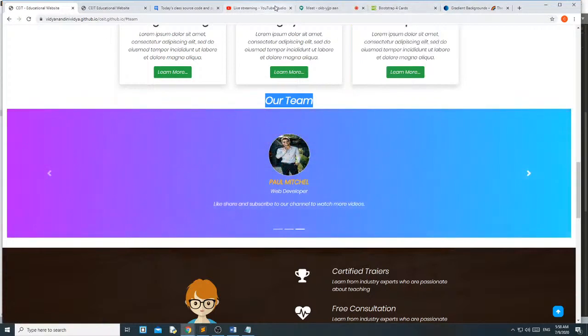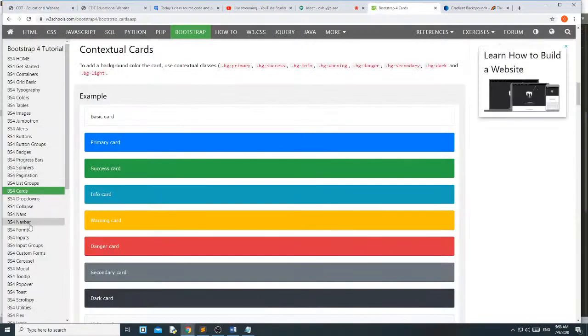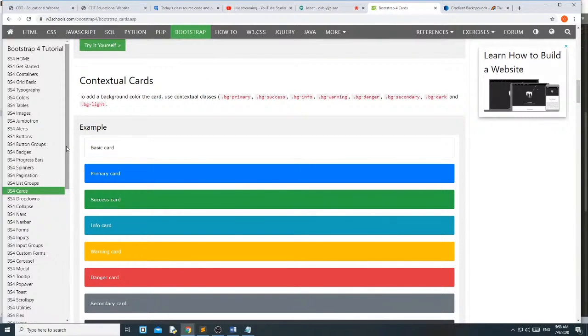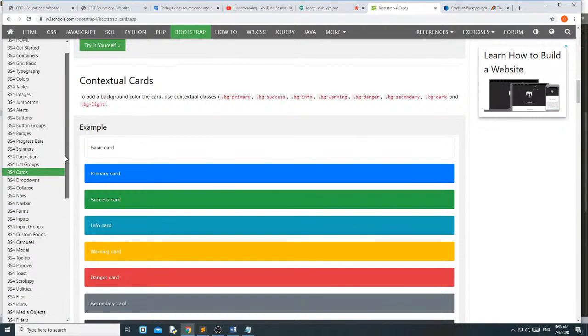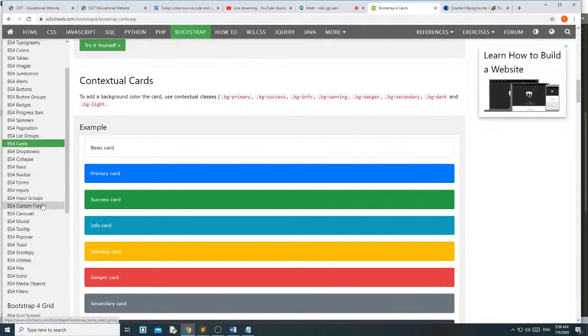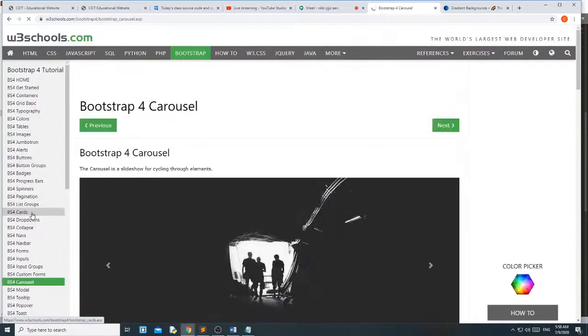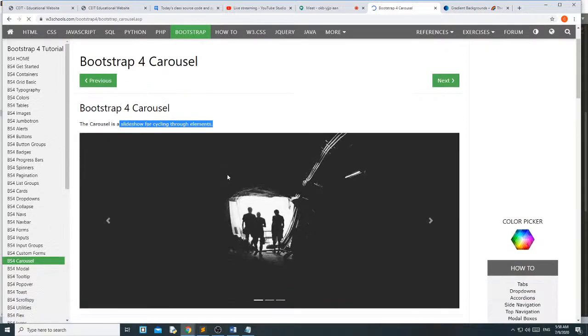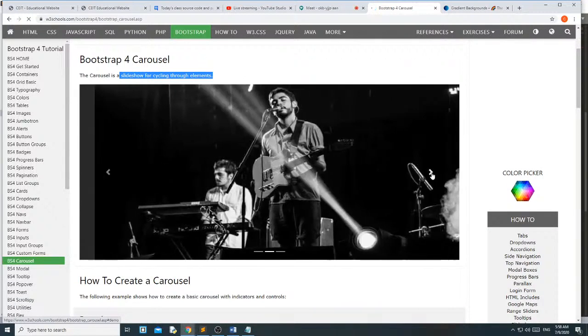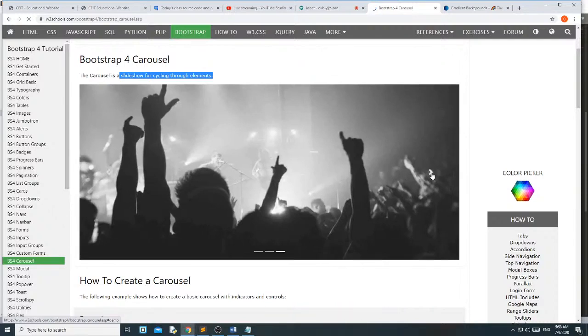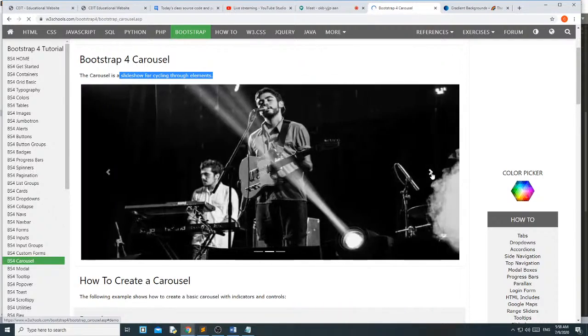Okay, here we will see in components, cards, carousel. Okay, see, the carousel is a slideshow for cycling through elements. You can slide multiple images in the carousel.